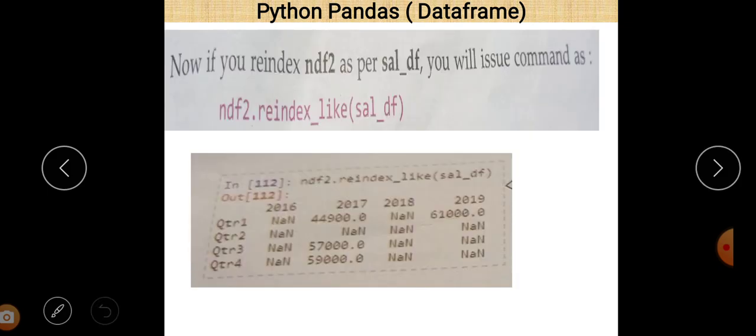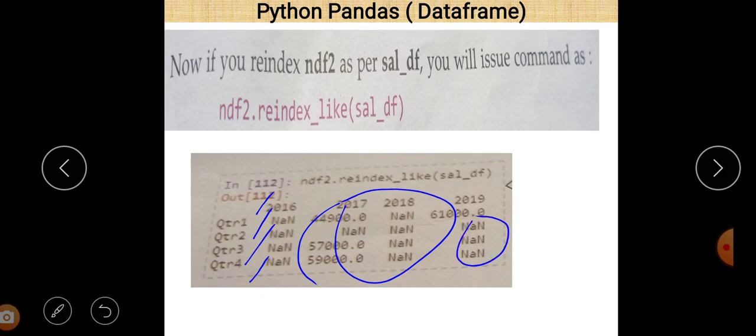Now what are the values? Obviously some of them are not found, and the value which is not found is represented by NaN here.